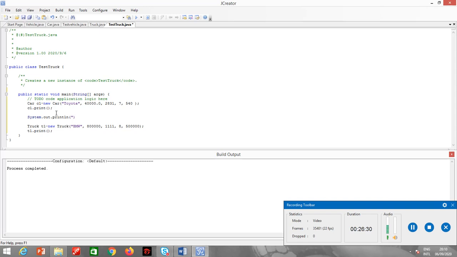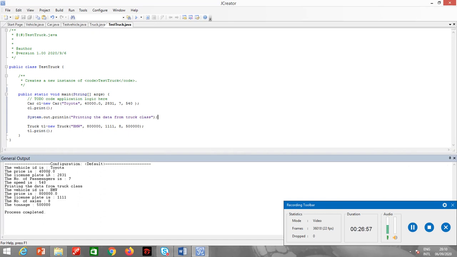Now printing the data from truck class. This is just for making my program more readable. Alright, let's just run it. So it's printing the class car, it's printing the class truck. So this is the hierarchical inheritance.